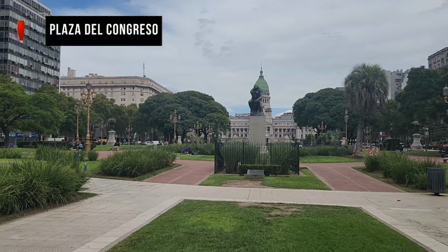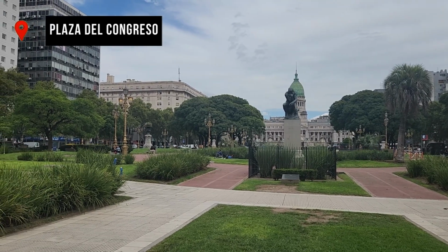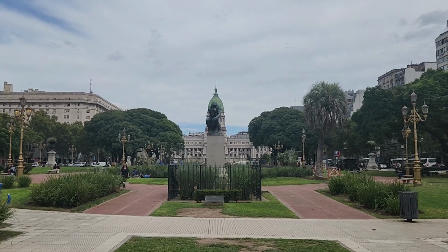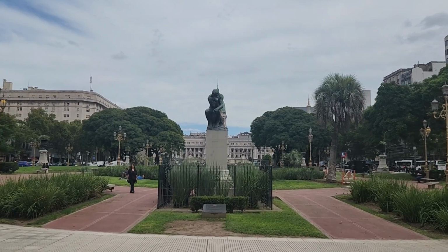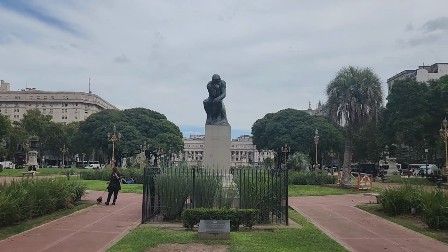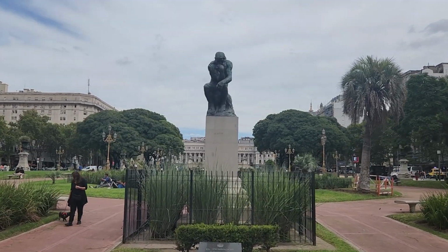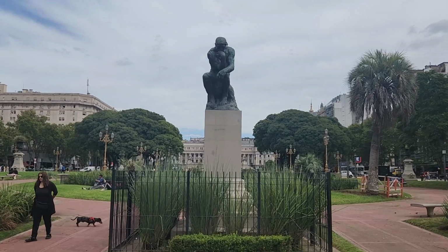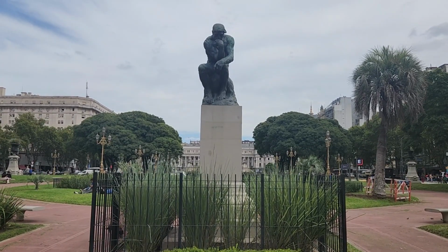We've arrived at Plaza del Congreso, and one of the first masterpieces that greet us is Rodin's The Singer. This bronze sculpture, cast in 1907, is one of the few original versions displayed outdoors in a public space. Its acquisition coincided with Argentina's era of opulence, when the nation ranked amongst the world's wealthiest countries at the turn